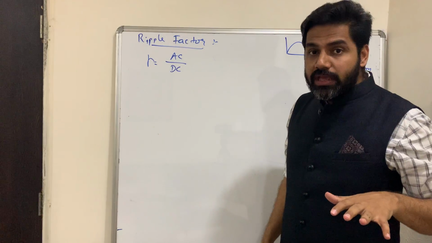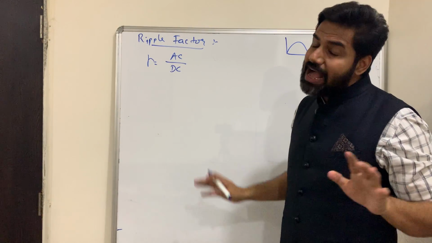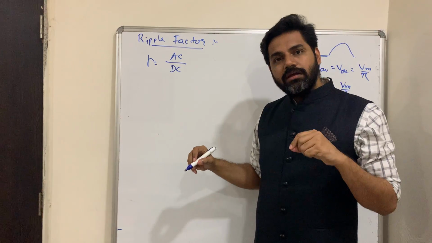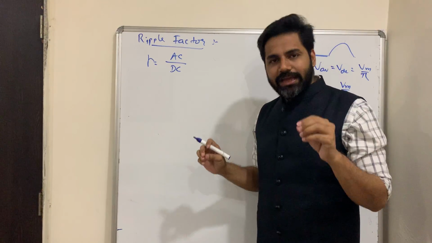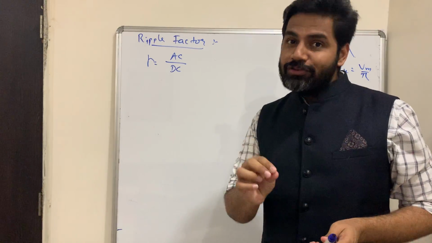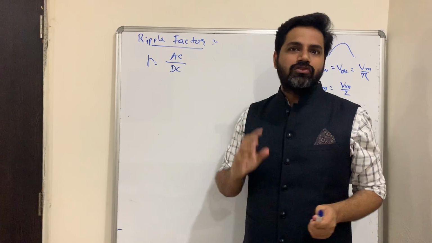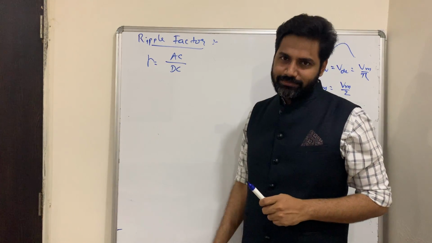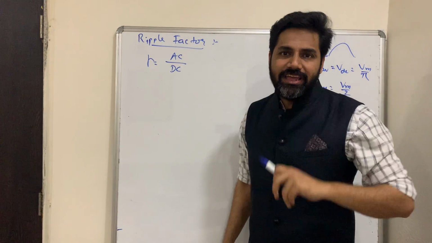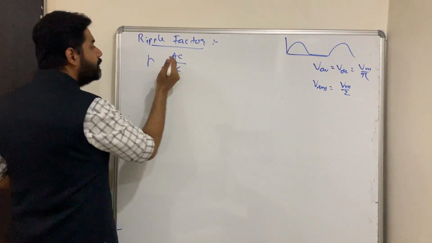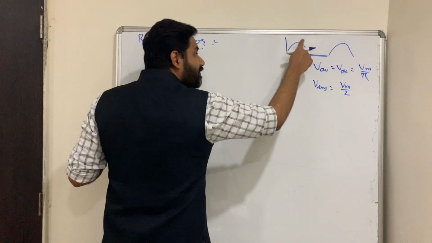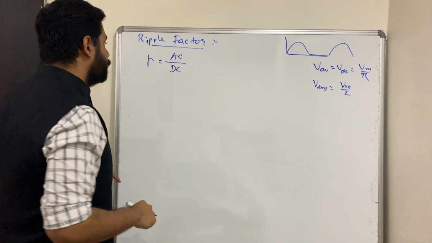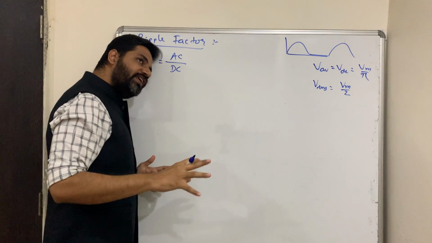Technically, ideally speaking, when it is converting to DC, I need pure DC. I do not want any AC inside it, but some AC is there. So if it is asked, what should be the ripple factor of any AC to DC converter ideally? It should be 0. We do not want an AC component. So the ripple factor is the ratio of the AC component to the DC component, and ideally its value should be 0.